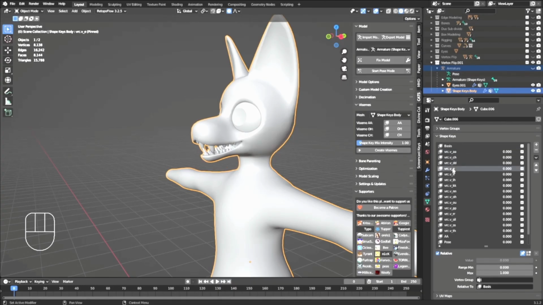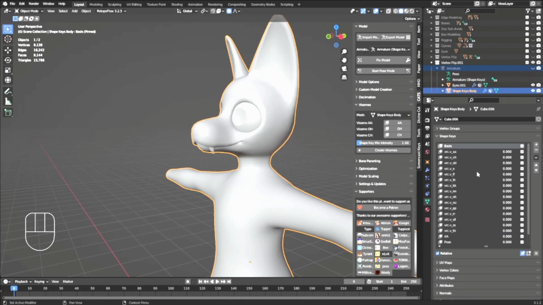Shape keys are made in the green Object Properties tab under the vertex groups. These are called shape keys in Blender and blend shapes in Unity. These shapes save data on how the vertices of a mesh should move. They move linearly between 0 and 100% activated. You'll use them for lip syncing expressions and in-game modifications and face tracking shapes. But for now, I'll just be showing you how to make the lip sync shape keys so you can learn